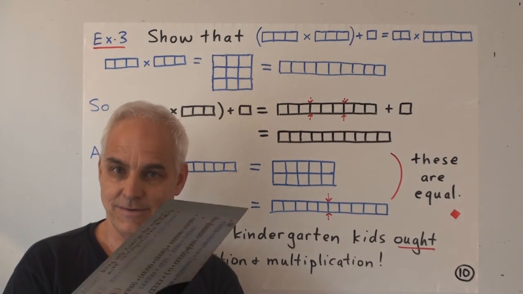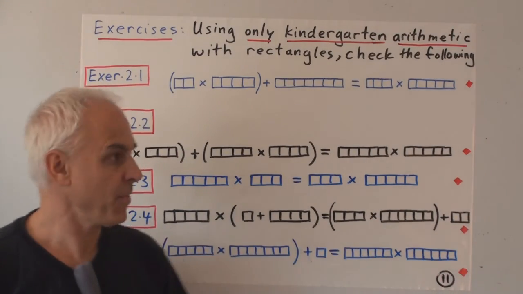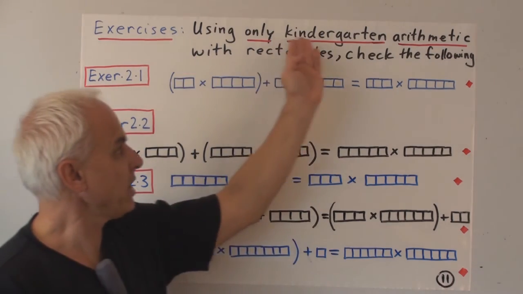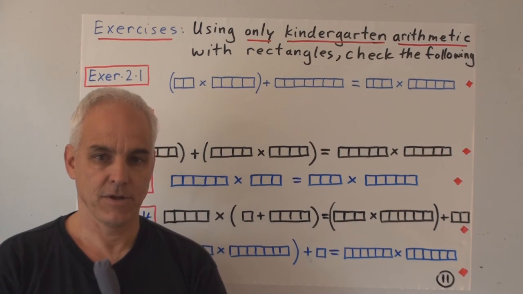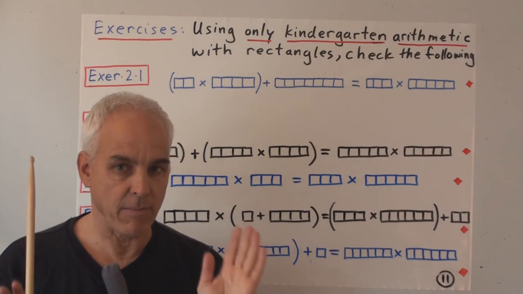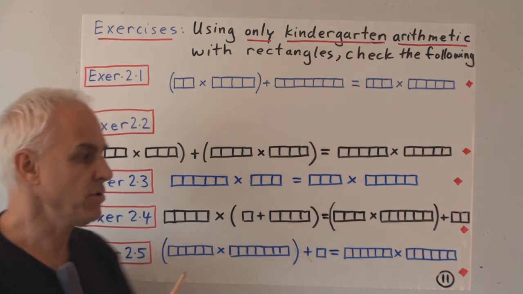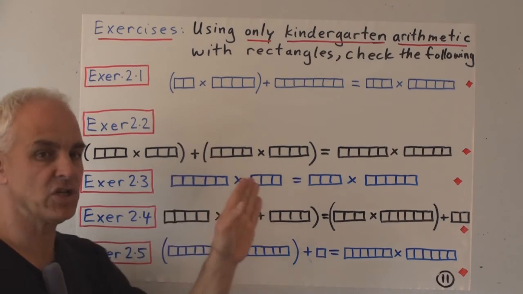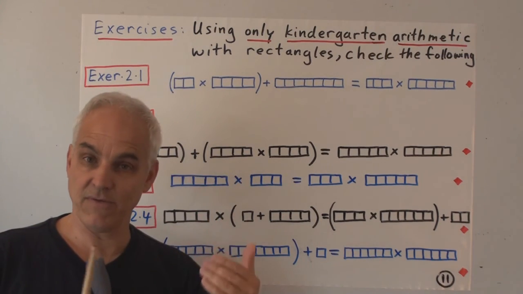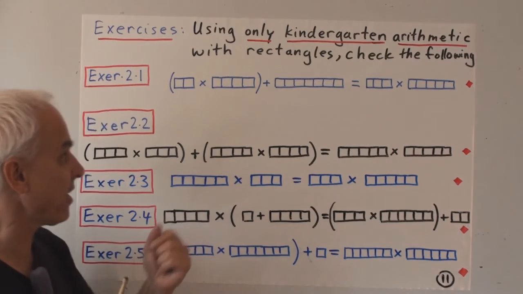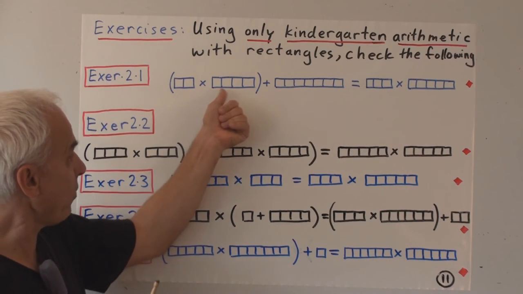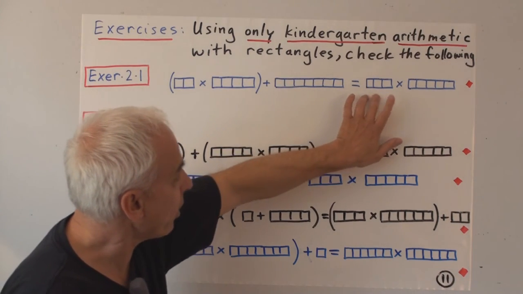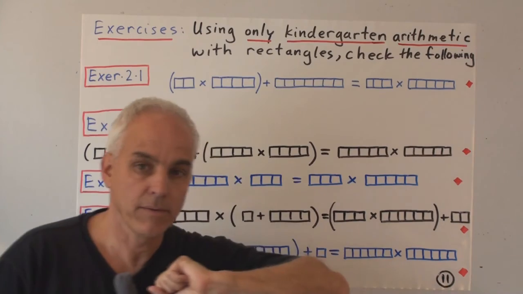So now let me give you some practice to see how you do at this kind of kindergarten arithmetic. All right, so our exercises for today are to check the following equations using only kindergarten arithmetic. So no use of Hindu-Arabic numbers, please. No use of your calculator, certainly. I want you to just follow the definitions of addition and multiplication that we've given, completely geometrically, to check that 1, 1 times 1, 1, 1, 1 plus 1, 1, 1, 1, 1, 1, 1 equals 1, 1, 1 times 1, 1, 1, 1, 1.